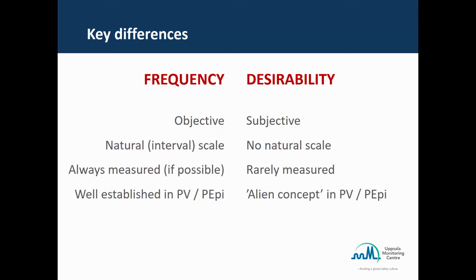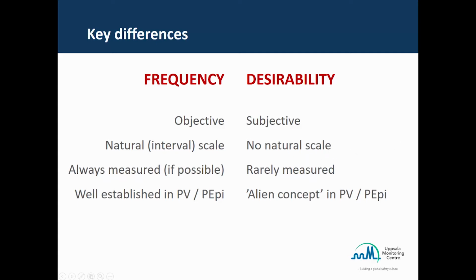But desirability, on the other hand, is clearly subjective, since it depends on how good or bad we think that a certain effect is. And there is really no obvious right or wrong in this. It essentially comes down to preferences and value judgments. So that's the first point here. The second point is that